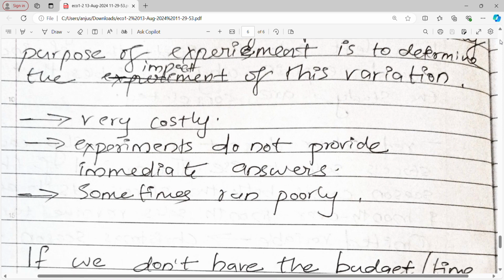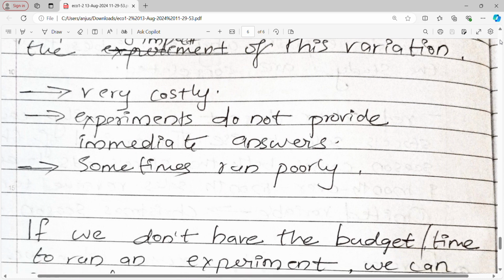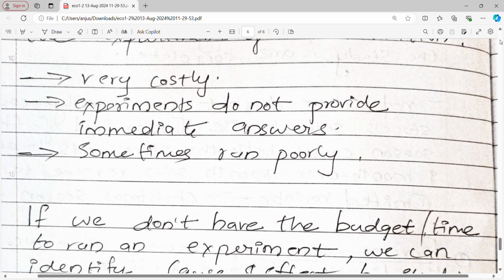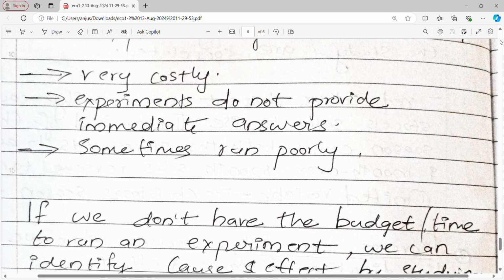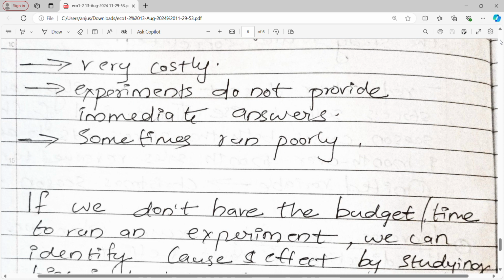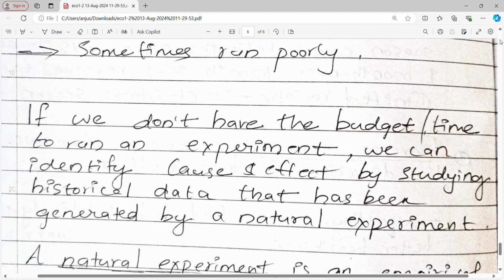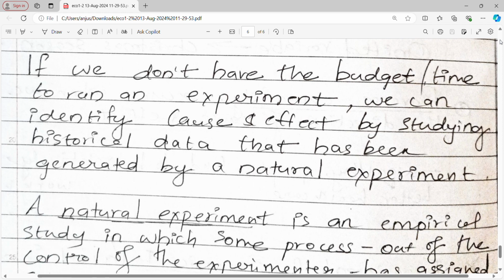The problem with these experiments is that they are very costly. You need to provide the economic aid. You have so much to do here with money. Experiments do not provide immediate answers. You need to wait till these students graduate. Sometimes they can be run poorly. This providing of economic aid, how these students study, that also matters, right? They can be run poorly. If we don't have the budget or time to run an experiment,